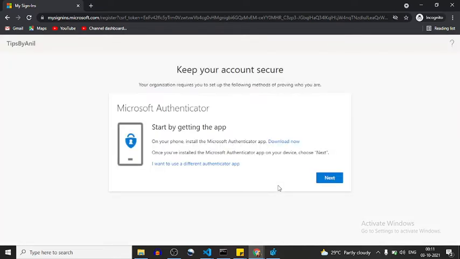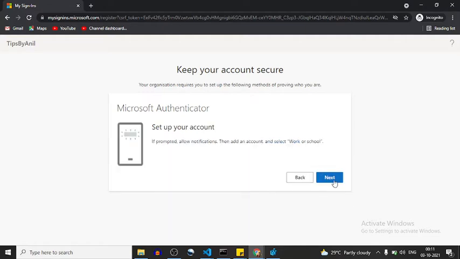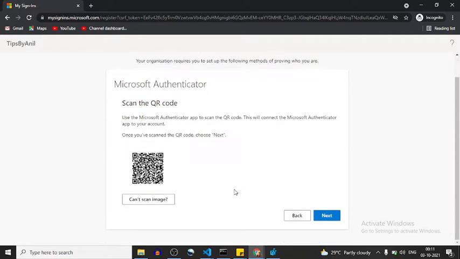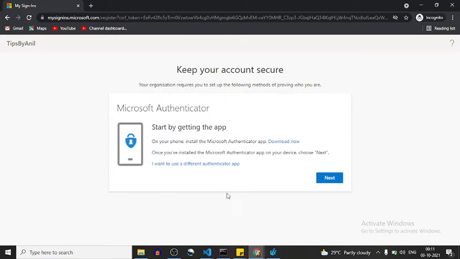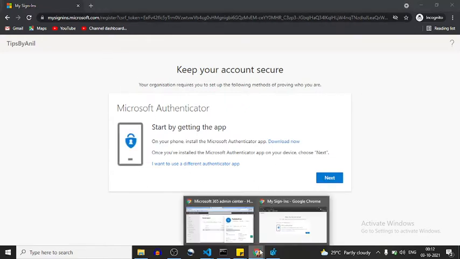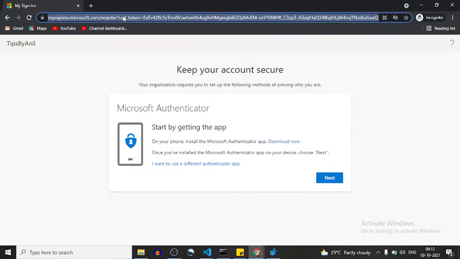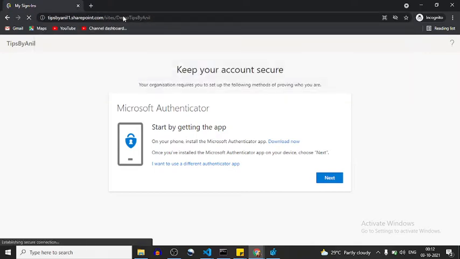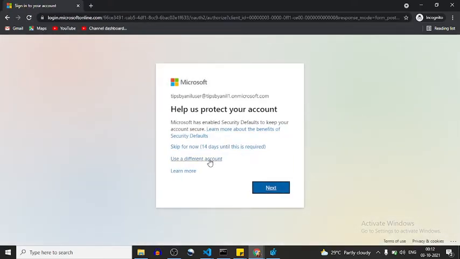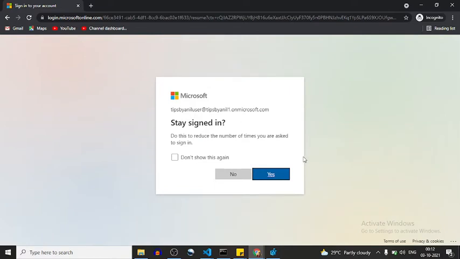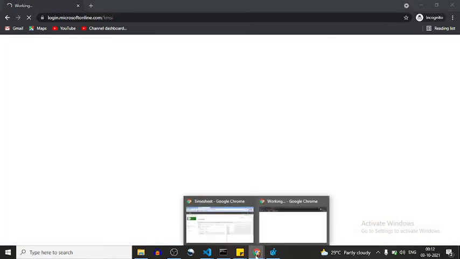It will ask you to keep your account secure and to set up your account. For now, I will just try to skip for 14 days. Okay, so I'm going to skip it for now.